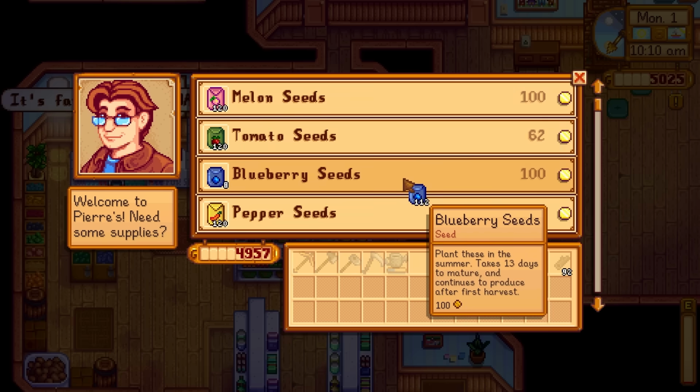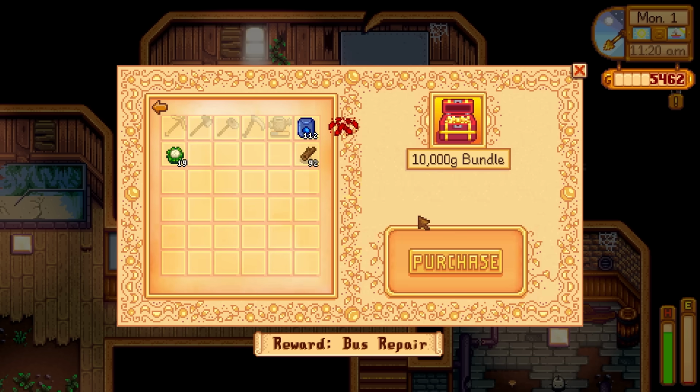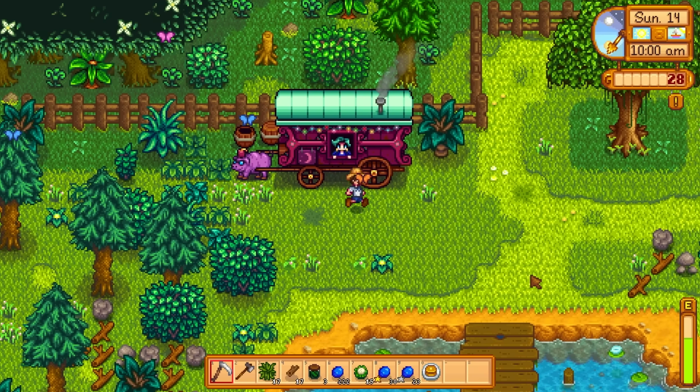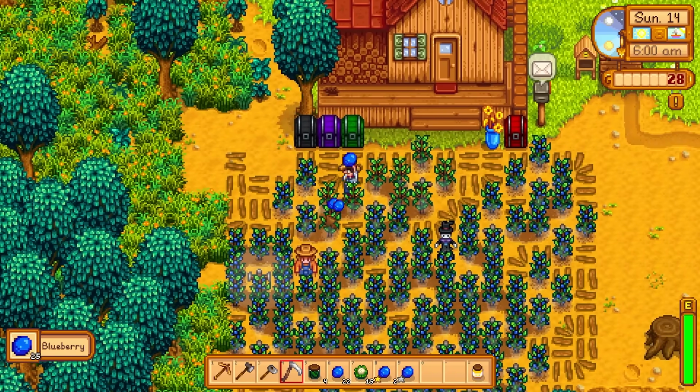Here I decided to go all in on blueberries and then use the excess cash I got to buy out the 2500 G bundle and the 5000 G bundle in the vault. On summer 14, I go and check the traveling cart and see she has pancakes, which I pick up for the home cooks bundle. I continue sleeping through the season, but on the days that I have to wake up